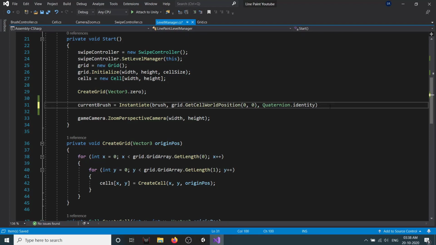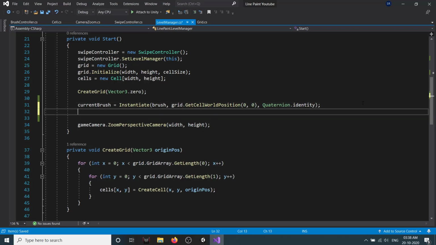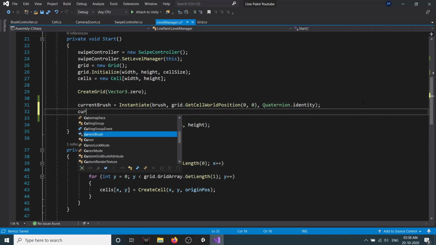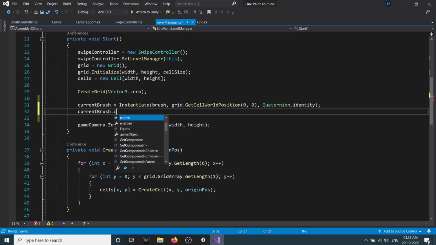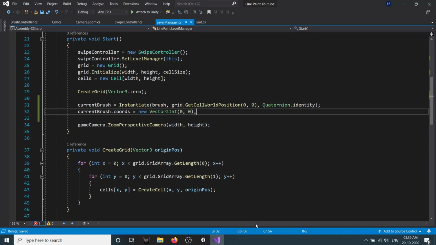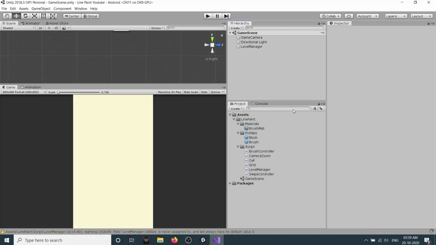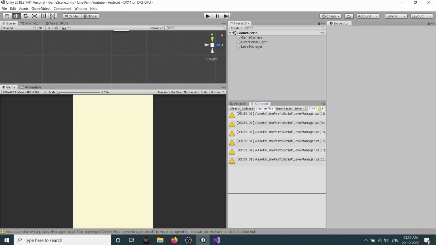So for the time being we will spawn our brush at coordinate 0, 0, but once we have our level data, we will then spawn it depending on the level. And we also need to set our currentBrush.coords is equal to new Vector2Int(0, 0). So let's go back and let's see whether it is instantiating or not.